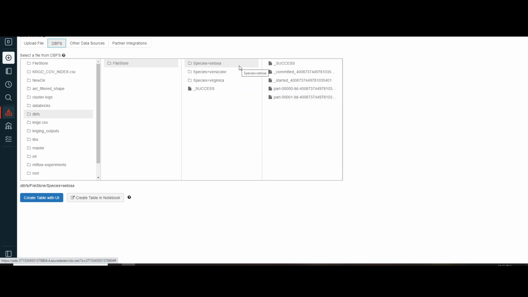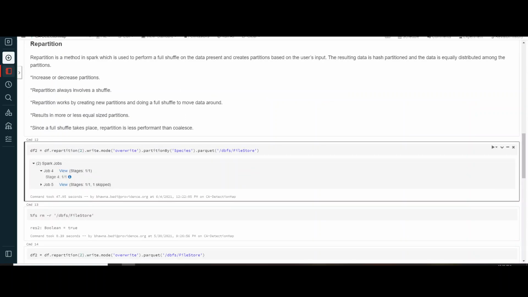For the second species, again you see two part files generated, which hold the data partitioned into two files. And similarly for the third species, you have these two files. This is how Spark will repartition your data.